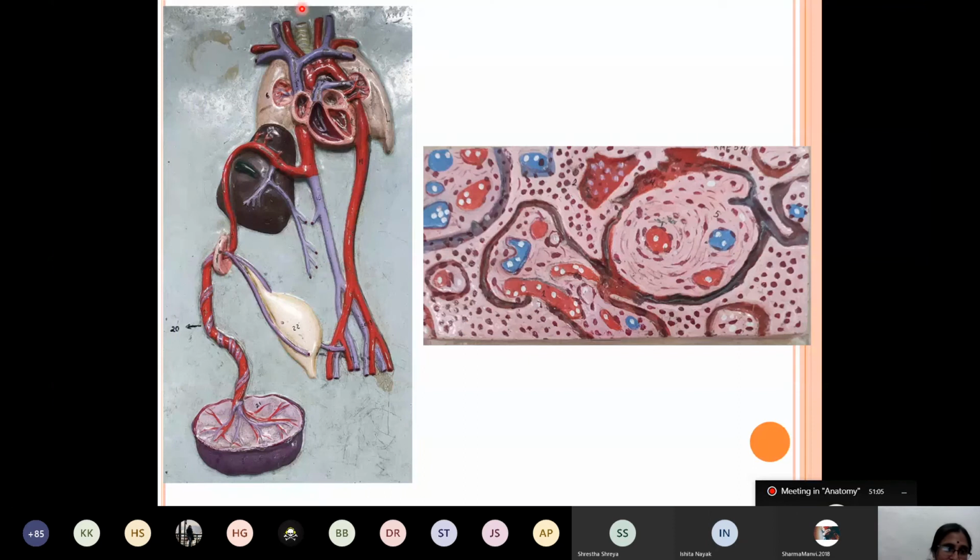Now here, this is the fetal circulation, my dear student. This is the model. This is the placenta. These are the cotyledons. This is the maternal part of the placenta. This is the fetal part. This is the umbilical cord with the umbilical vein and two arteries. Umbilical arteries are blue in color because they carry deoxygenated blood. The umbilical vein carries oxygenated blood. This is the umbilicus. This is the urachus, which is developing into the urinary bladder.